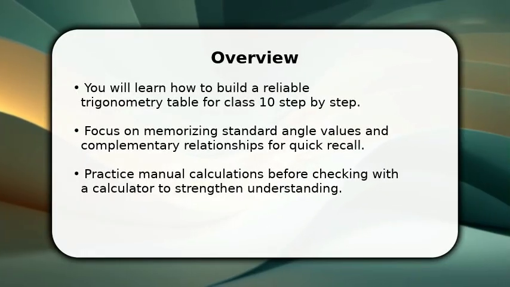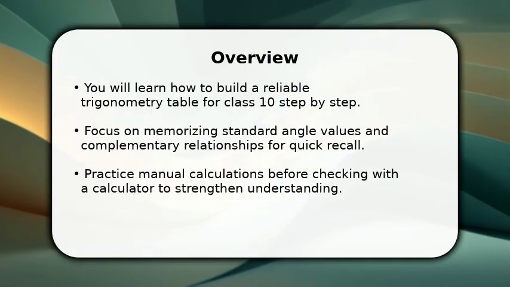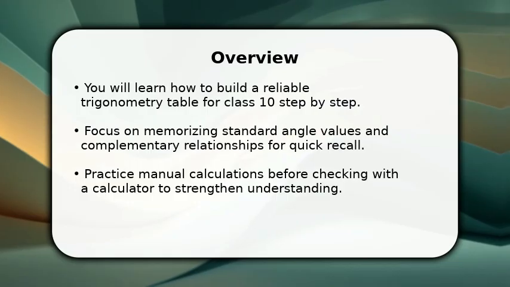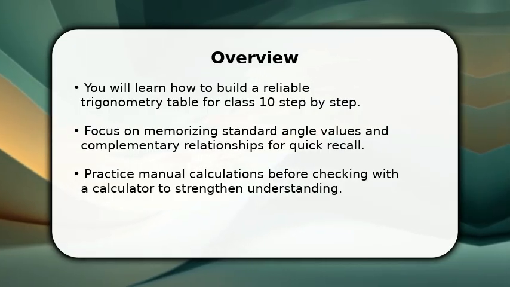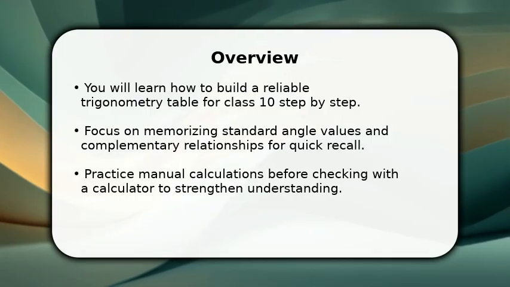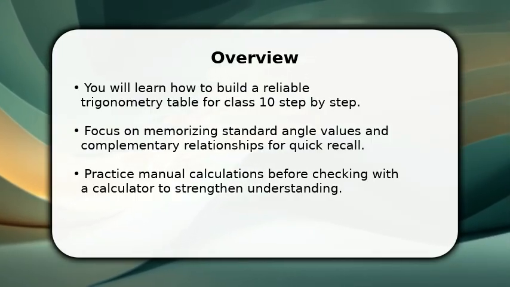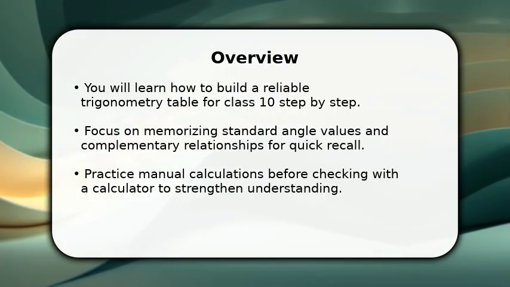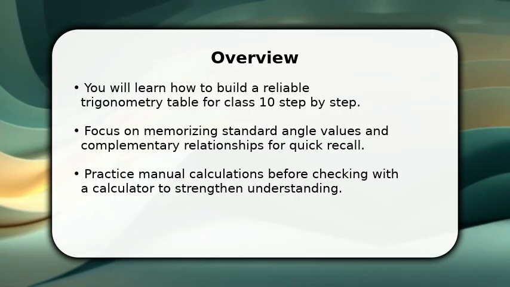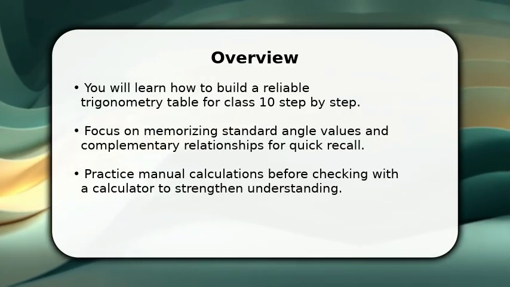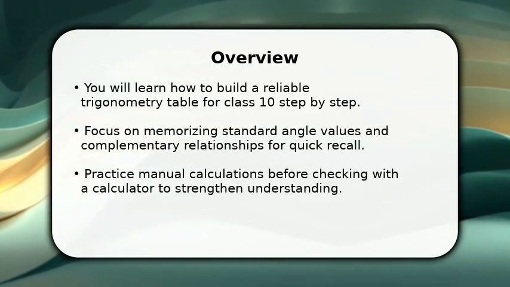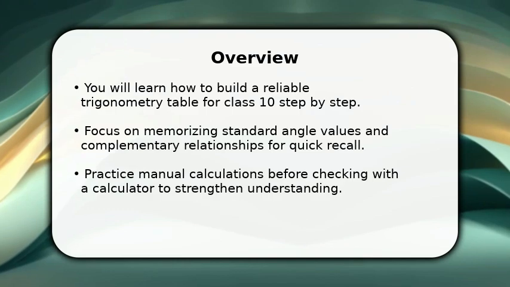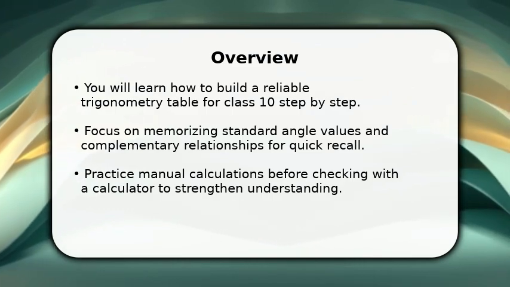In this video, I will show how to learn trigonometry table class 10 step by step. Start by memorizing sine, cosine, and tangent for 0 degrees, 30 degrees, 45 degrees, 60 degrees, and 90 degrees, and practice converting degrees to radians. Use a table grid to record values and color code complementary angles. Work on simple right triangle problems and check values with a calculator only after manual attempts to build strong intuition